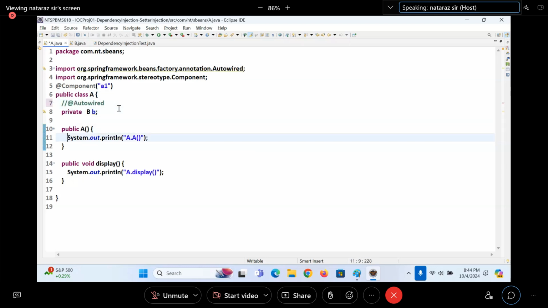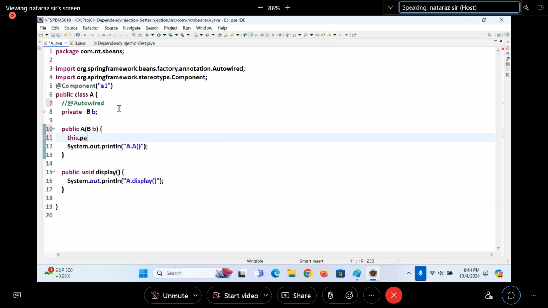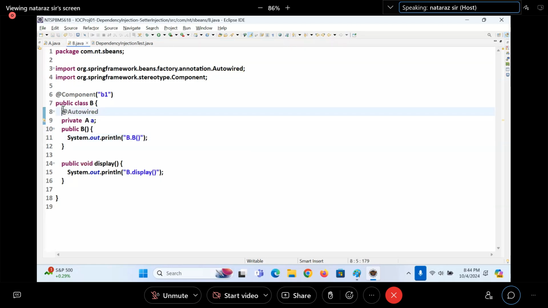Here, this.b is equal to b. This is one param. Same story will continue here.